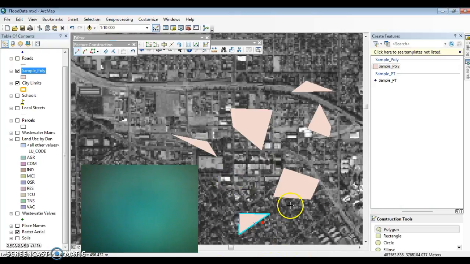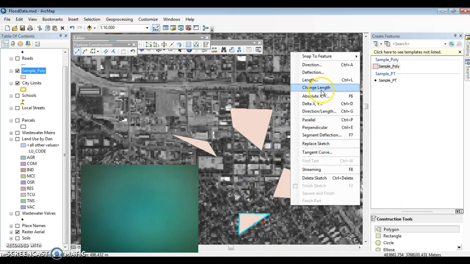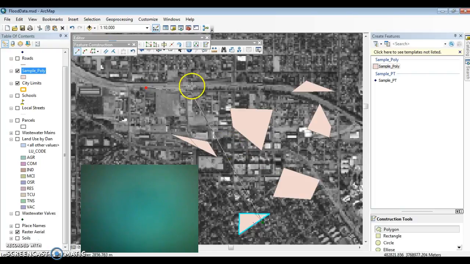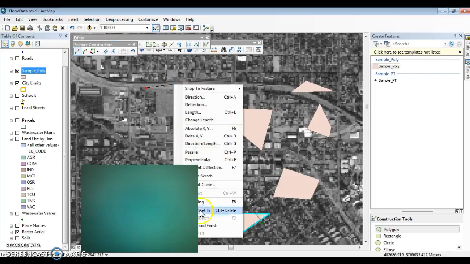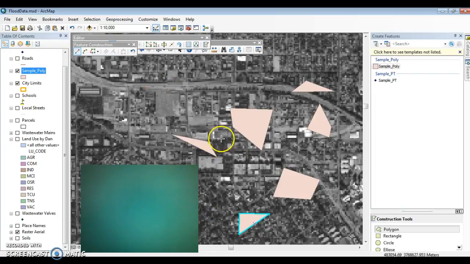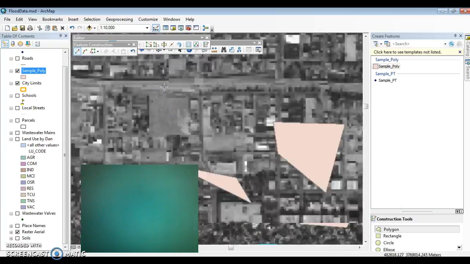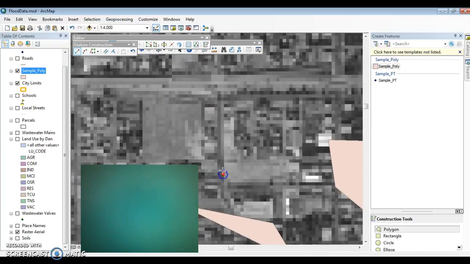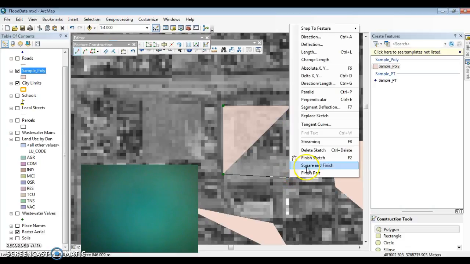Interesting, I seem to be prematurely closing out my polygons, which I'm not sure why that's going on, but let's continue on here. I'm going to go ahead and say delete sketch. See if we can demo this again. So set the point, perpendicular, back reference the point, and you do have something called square and finish, which is